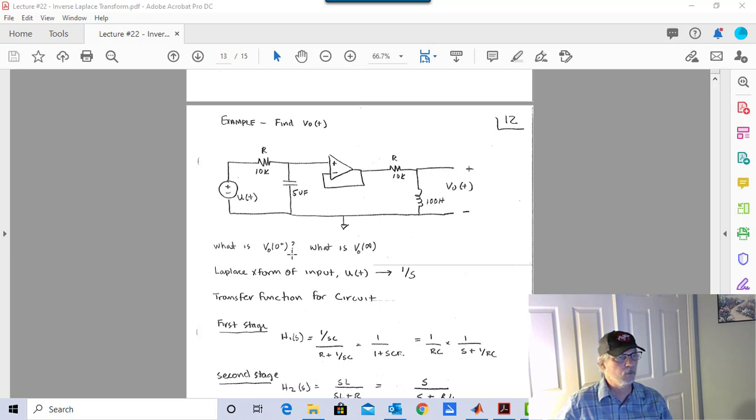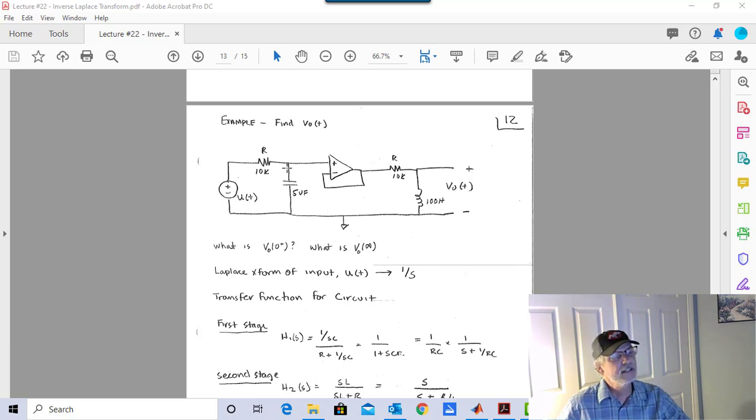So let's see, what's V out at 0 plus? Well, at 0 minus, let's say that this capacitor is going to be at 0 volts. Now you could say, well, at 0 minus, the whole circuit's dead, but I don't like doing that. I like saying that at 0 minus, this u(t) is giving you 0 volts. So if there were any voltage on the capacitor, you'd get a current, and it would flow this way until